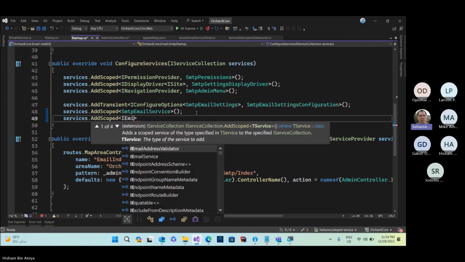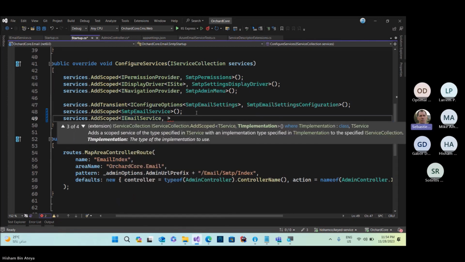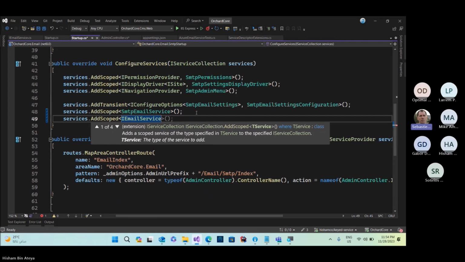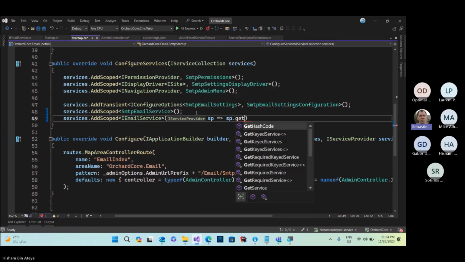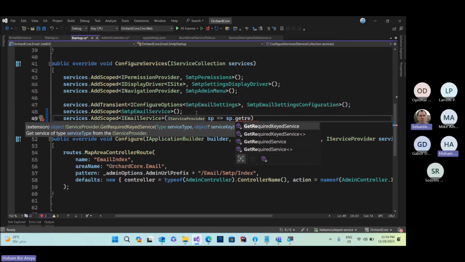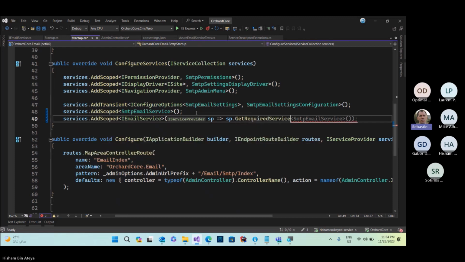Comma, sorry, email service. And in the parentheses, you say SP in a lambda. So that's okay. In the lambda, SP arrow, and then you say sp.resolve SMTP email service. Okay. This way you have a single instance, which is SMTP email service, that will be returned when you